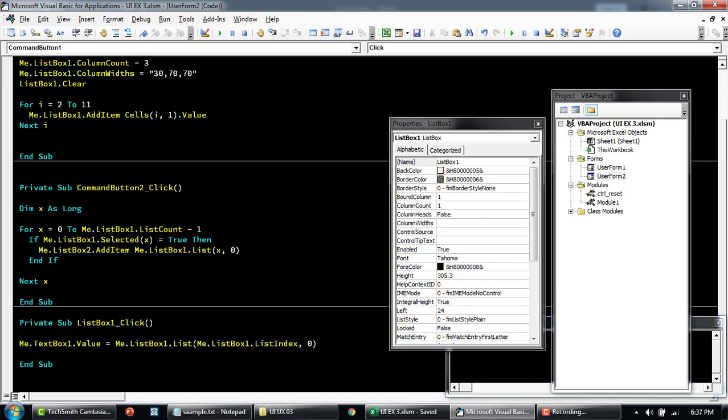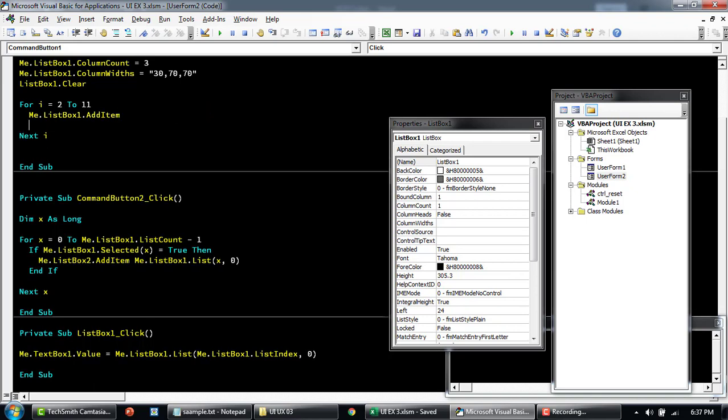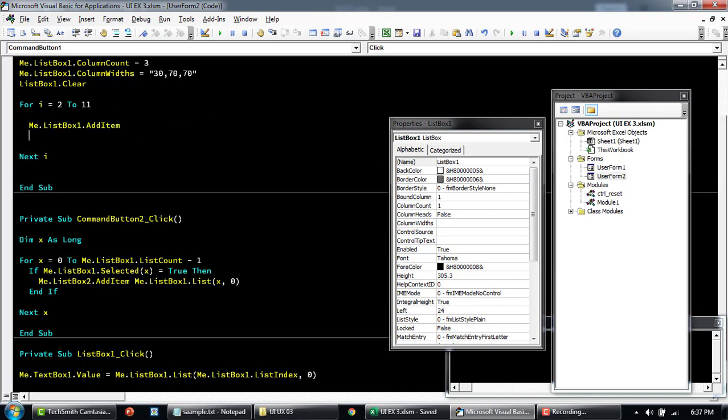So here this is adding only one item, and we're saying this is 3, right? So I just forgot to mention this. When you're adding multiple items, the syntax will change slightly. So we'll say add the item, and then we'll say me.listbox1 dot list, and then here you'll specify the index that you want to add. That is going to be I. Since I is starting from 2, we'll just do -2 because it's starting from 0. And then the column number that you want to add to, so first will be 0, and then